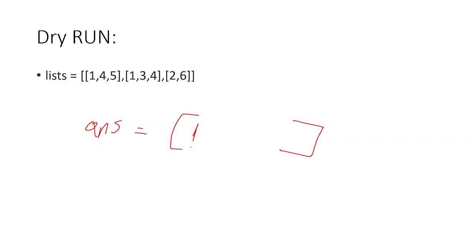Let's name this zeroth, and the second list, right? So we first add the zeroth list inside the answer list and we start iterating from the first list. We are running a for loop from 1 to